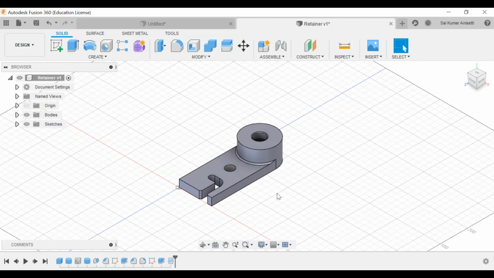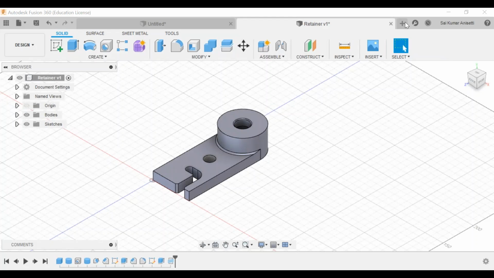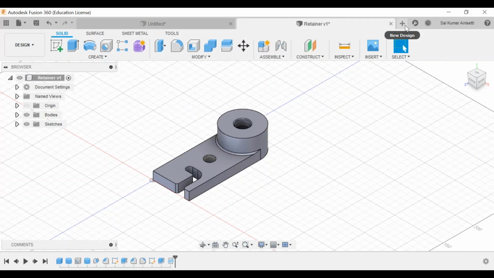This is the basic user interface of your Fusion 360, and I hope you have a clear picture of it. And these are the number of files, so don't open more than 4 to 5 files. If your internet speed is good, you can go with 5 to 6 parts. You can open them in this window: part number 1, part number 2. You can open a number of parts, but make sure that your internet speed is also good.